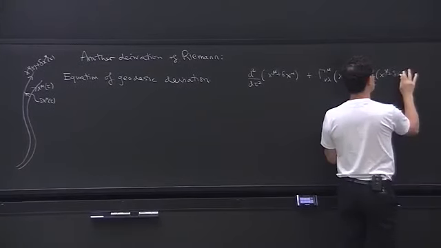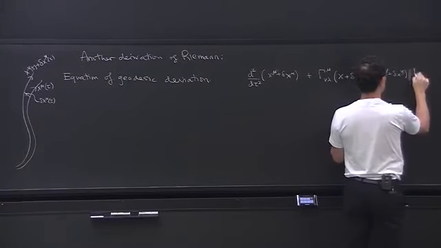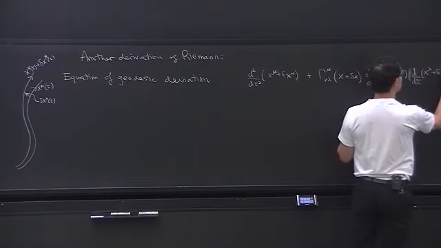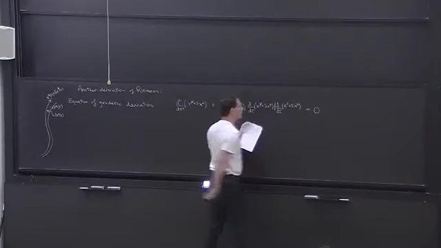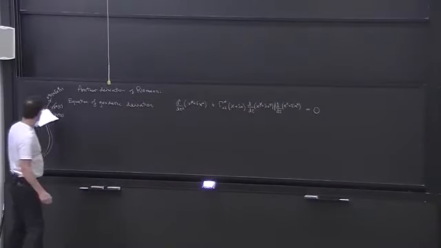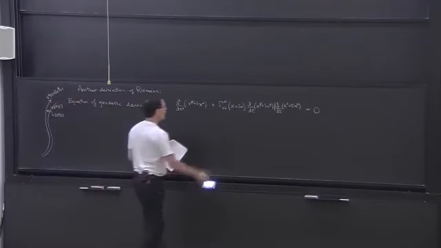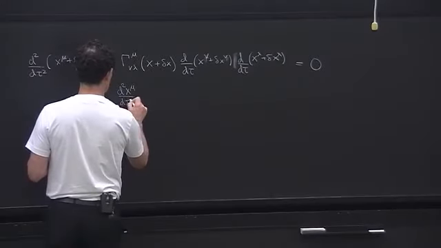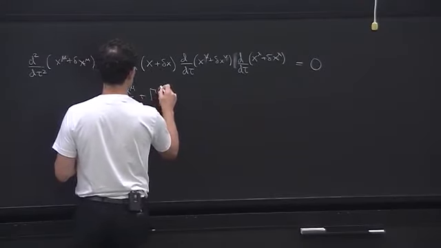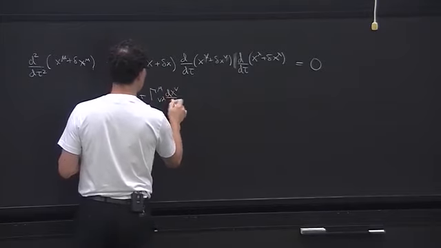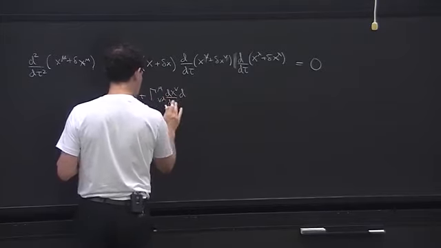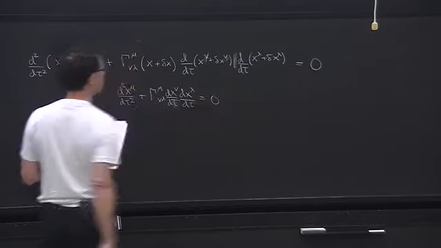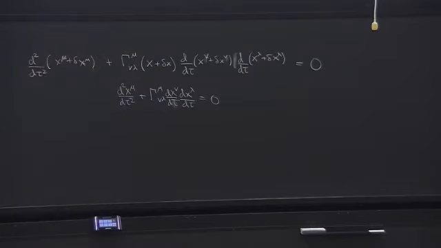This is d by d tau of x lambda plus delta x lambda equals 0. Okay, so that's the equation for the second geodesic. And of course, I have the equation for the first geodesic, plus gamma mu nu lambda dx nu d tau, dx lambda d tau equals 0. So I have these two equations for the geodesics,